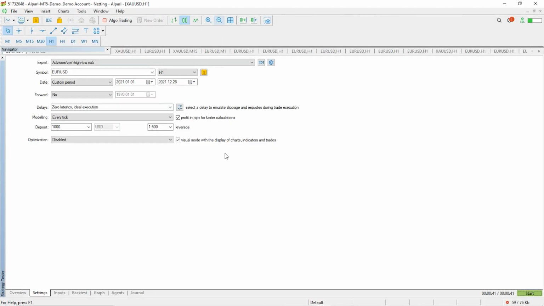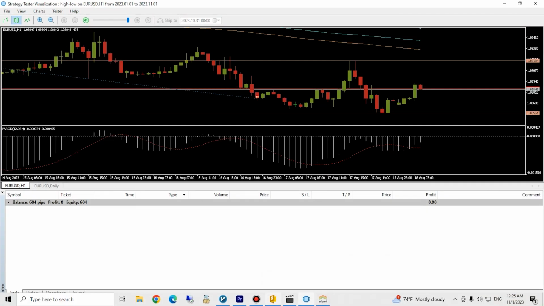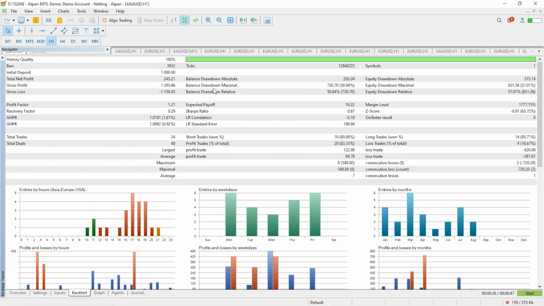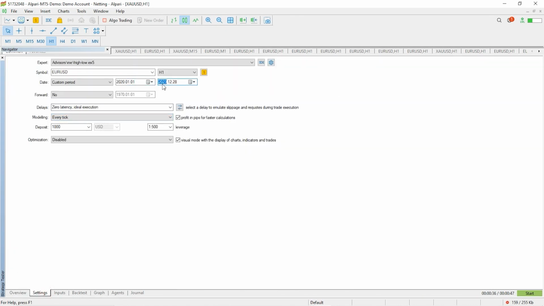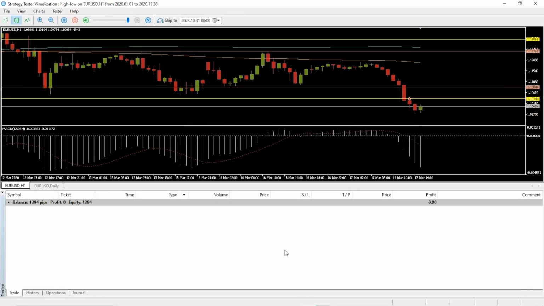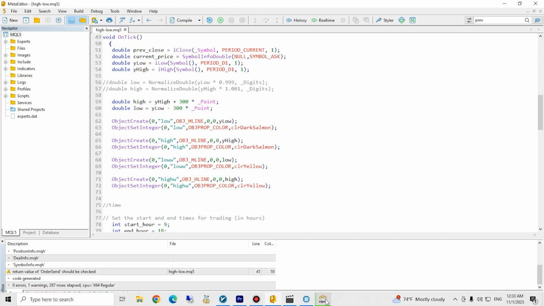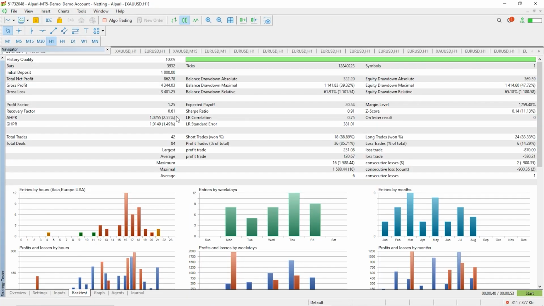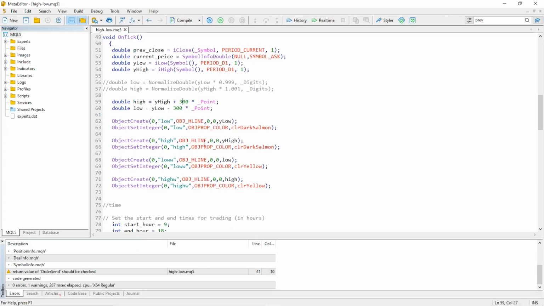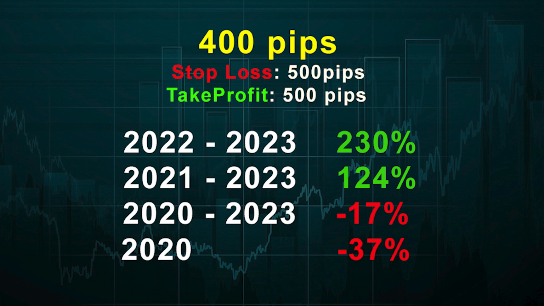So I tested different settings for this strategy, different points for opening positions from 100 to 1000 points above or below the highest and lowest price. I tested all of them for all years and different time frames and different stop loss and take profits. And I will show you some of the best results, some of the best settings that I have got. One of these settings was 400 pips above or below the highest and lowest, and the stop loss and take profit was 500 pips, and it had